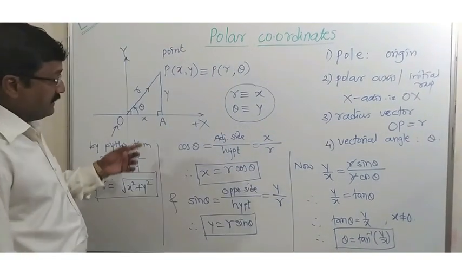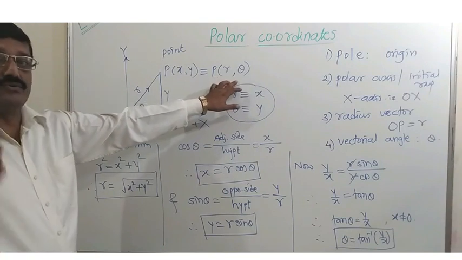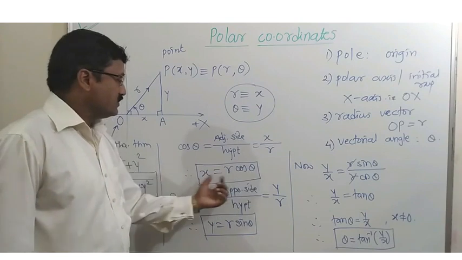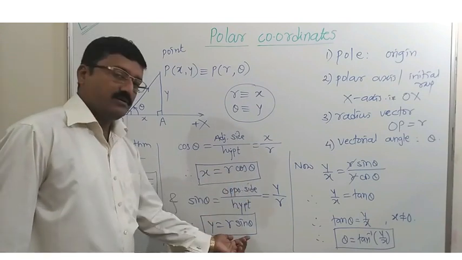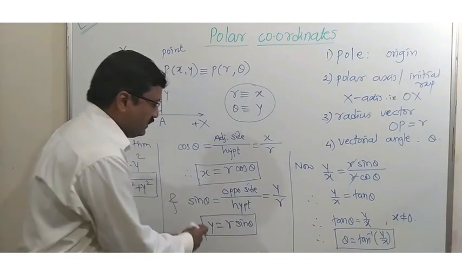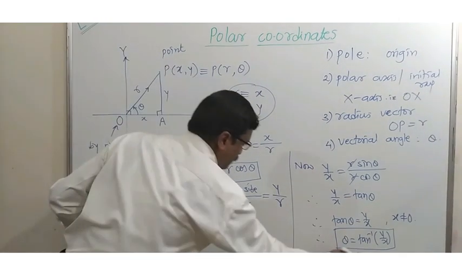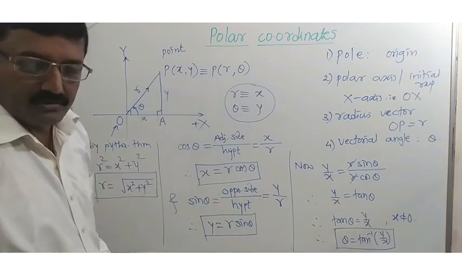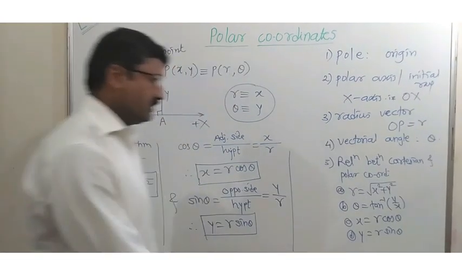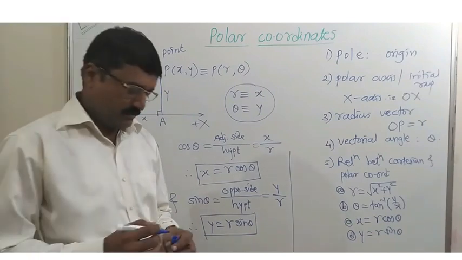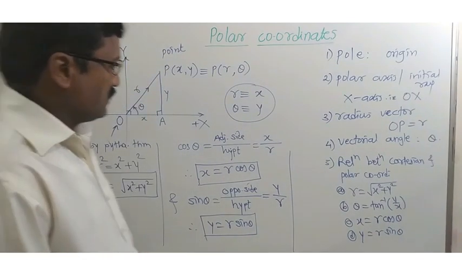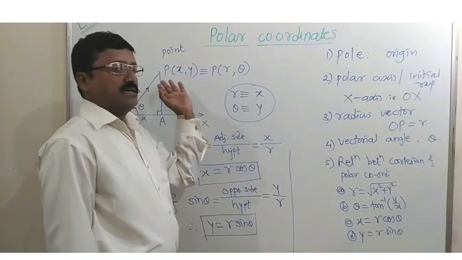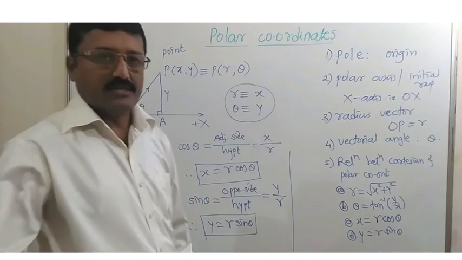Okay. Whenever r and theta are given, and if you want to find xy, you have to use these two relations. R and theta are given, so x is equal to r cos theta and y is equal to r sin theta. Whenever r and theta are given, you can find xy, and whenever xy are given, you can find r and theta from this. So these are four formulas that you have to remember to solve the examples. And in this article, the question is asked to find the equivalent either polar coordinates or Cartesian coordinates. Let us see some examples.